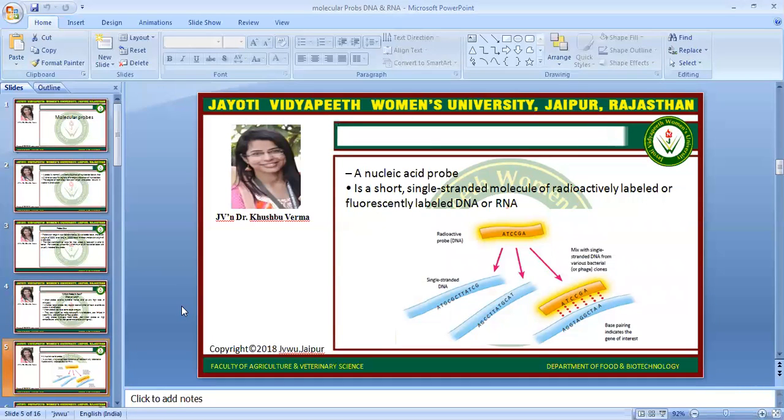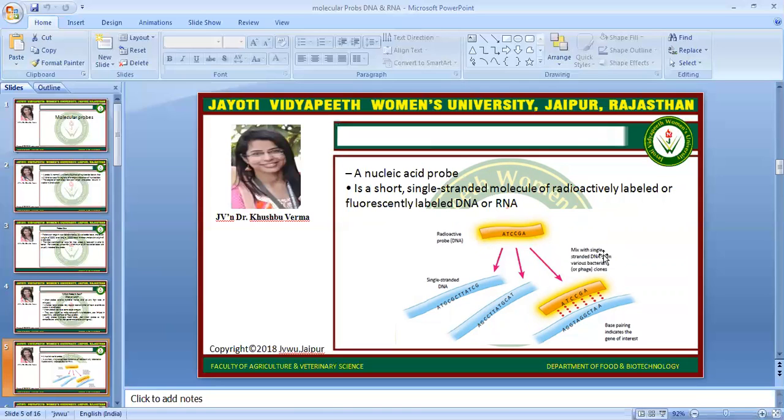A nucleic acid probe is a short, single-stranded molecule of radioactively labeled or fluorescently labeled DNA or RNA. Here we can see in the diagram, this is a radioactive probe. We have chosen a DNA example as a probe which has the sequence ATCCGA.